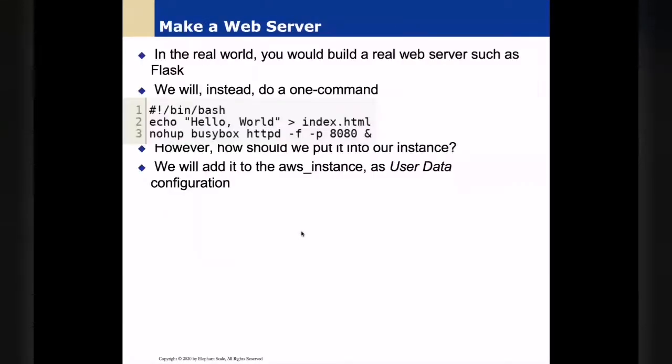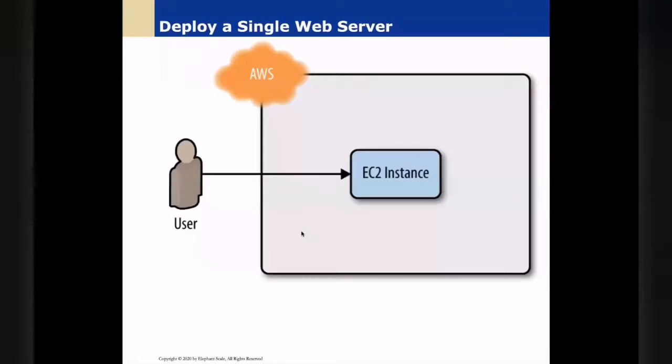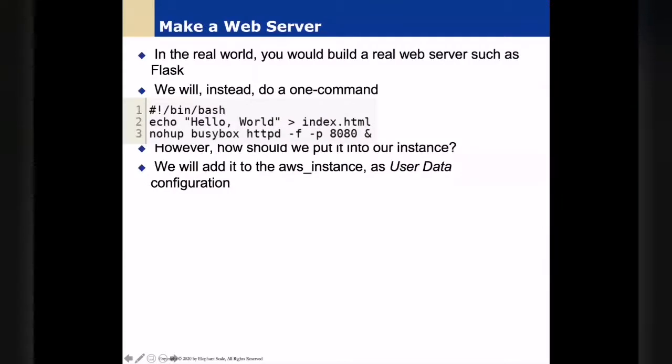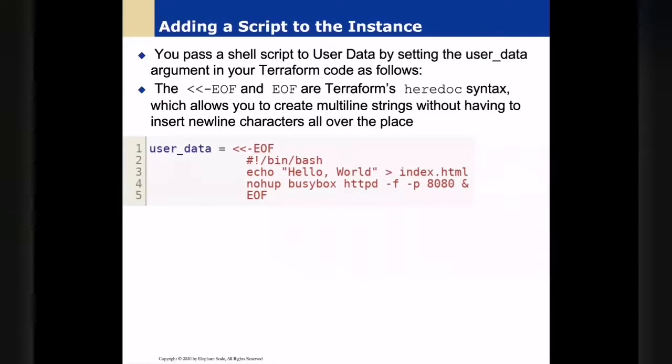And here it is. So what we did last time is very simple: here is a user starting an instance. What we did within the instance is that kind of script so that it would respond to our request. We could do a curl or we could do it in a browser, but in any case, we were creating an instance, and that was the code that we put in using the user data. User data is something that you see in Amazon when you start an instance.